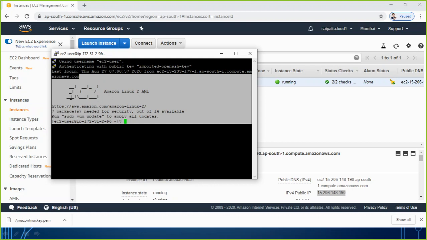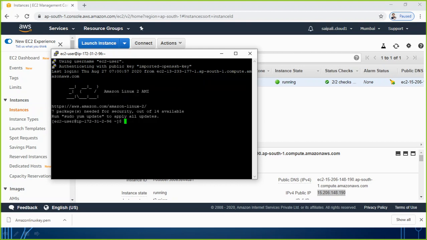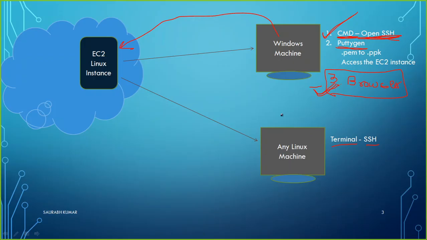Here you see Amazon Linux 2. I am getting the command prompt or terminal of this Linux machine, and I can again do whatever I want to do on this Linux PC. So I have shown you three different methods you can use to access this Linux instance on your Windows machine anytime.